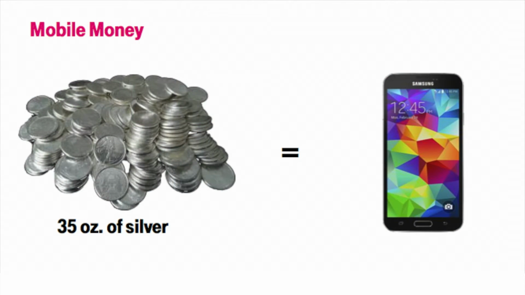It's only about 5 times the weight of that one piece of silver. That GS5 now is equal to about 35 ounces of silver. So when you see a mobile device sitting somewhere, you can imagine a nice pile of silver sitting there. No wonder people are stealing these devices, not only for the value of the device itself, but for the content that could be located within it.